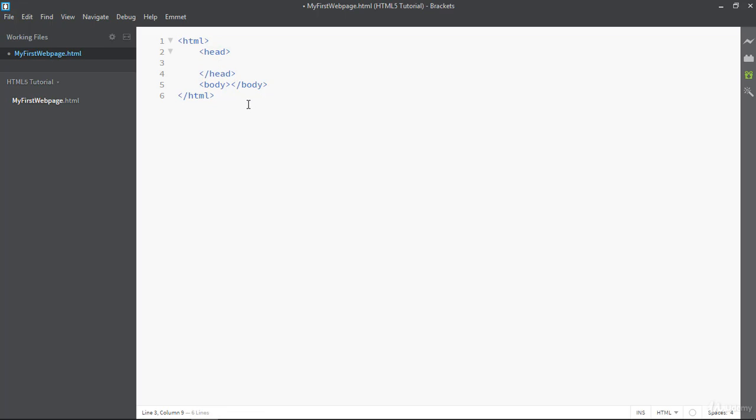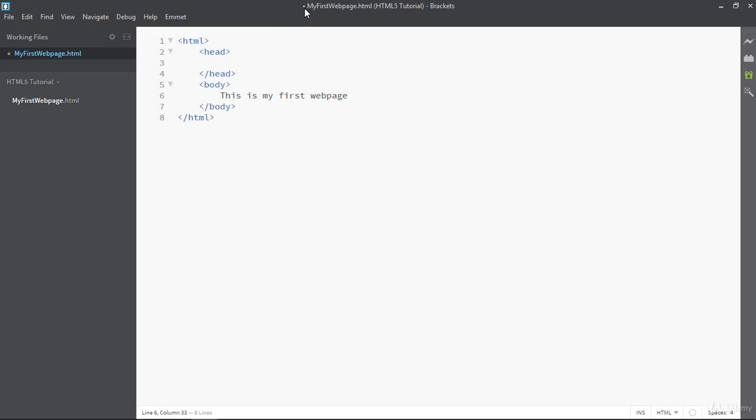Inside head tag you have to write the file information, and inside the body tag you will write the content or the text whatever you want to display on the web page. So simply here I am going to write some text right now. This is my first web page.